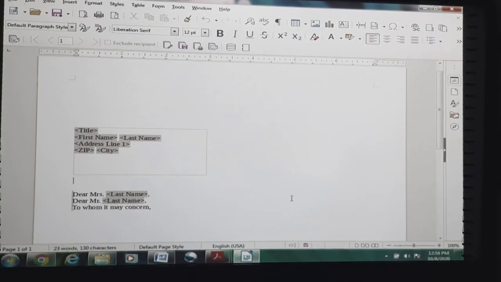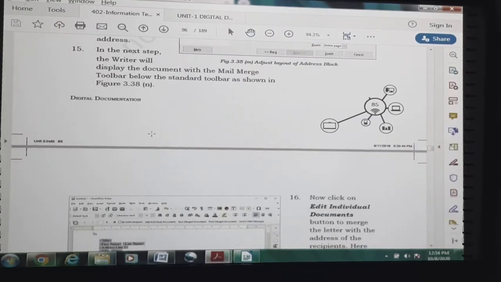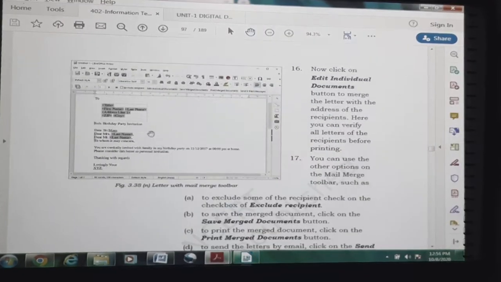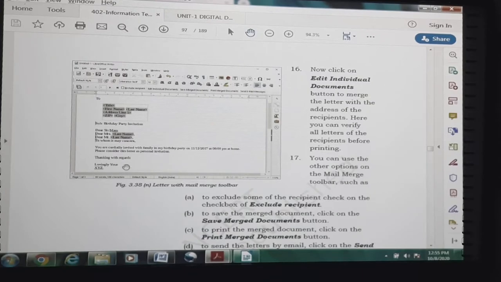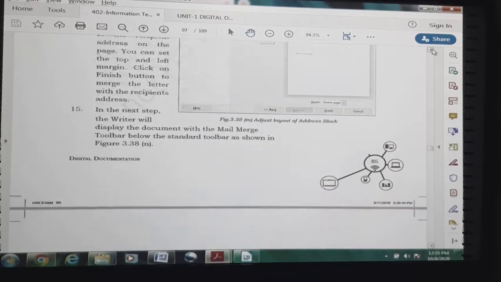Now based on our requirement we can add or delete the names. How can we achieve it? See, this is the window which appeared. I have not used any content in the body of my letter, so it has not shown anything. Now click on edit individual documents. See, like this it will appear.